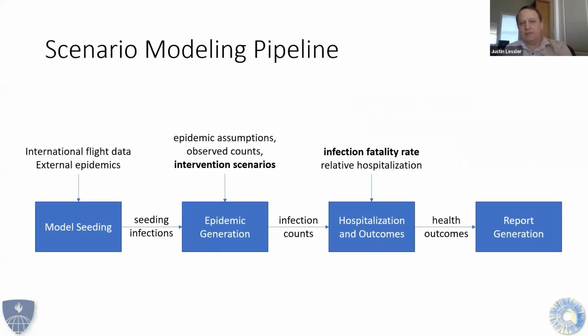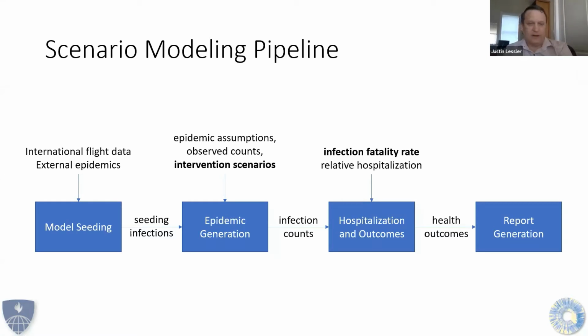And we use a pipelined approach to doing this, and I want to go into this just a little bit because I think it's somewhat relevant to some of the challenges that come up when we try to think about moving this broad model, this framework, to low and middle income countries. So our model that we're using in the United States and outside the United States as well is this scenario pipeline model, and we're really taking a modular approach to make it easy to drop in and out pieces as we learn more about the disease, or people find improvements, or we need something different